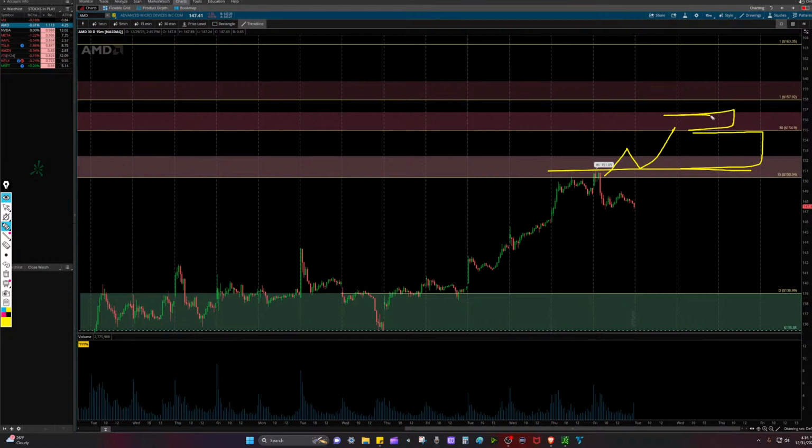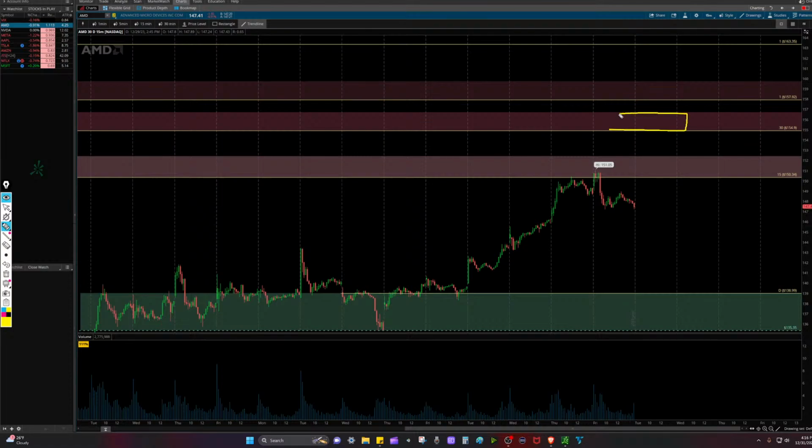This 30-minute supply zone, but above this, even if there is a supply zone here,